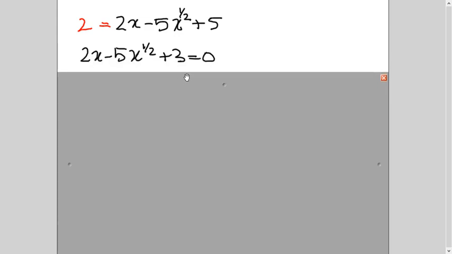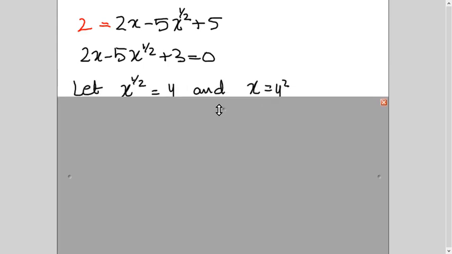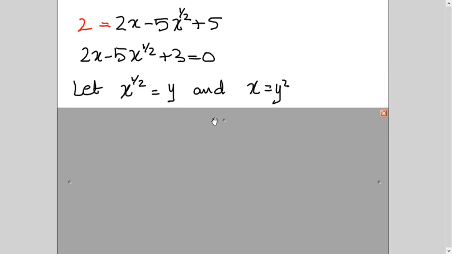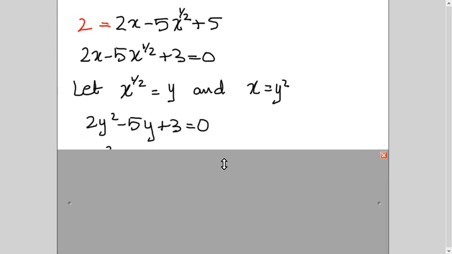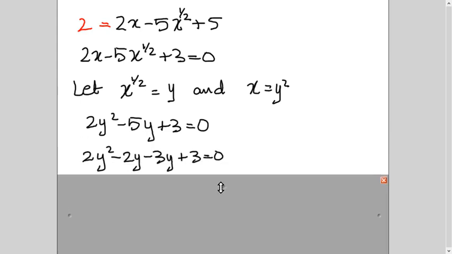Does it remind you of anything? You must have done quadratic in disguise form equations. And if this name sounds strange to you, you can simply understand that you have to take a substitution here. So for example, I'm saying x power half equals y, and then I'm squaring both sides. It will become x equals y square. So this equation will become what? Here I will write y square, and here I will write y. Then it will look like a simple quadratic equation to me. Then I will factorize it and find out the value of y, a simple thing which we have learned in class 9.